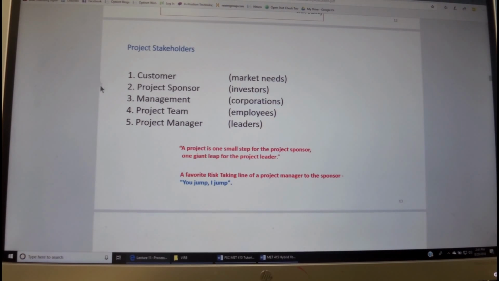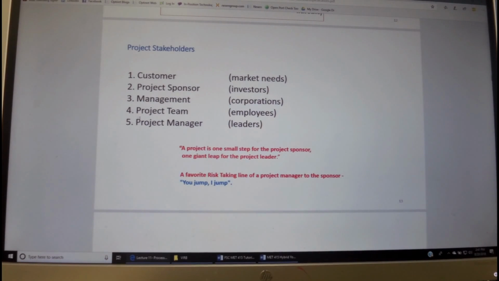The folks who are interested in a project that we get involved in are the customer, the project sponsor, the management, the project team, and the project manager. In our simulated case, the project manager will be selected.